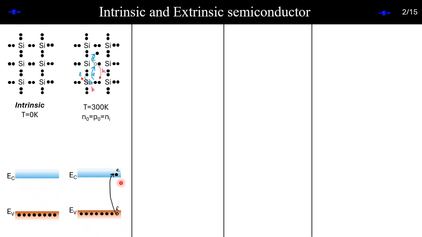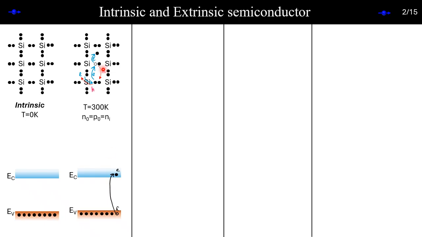In the conduction band we have density of states, allowed energy levels. And why is it able to jump? The reason is the Fermi-Dirac statistics. As you remember, as temperature increased, the distribution got skewed, right? That means there is a finite probability of finding an electron higher than the Fermi energy level.